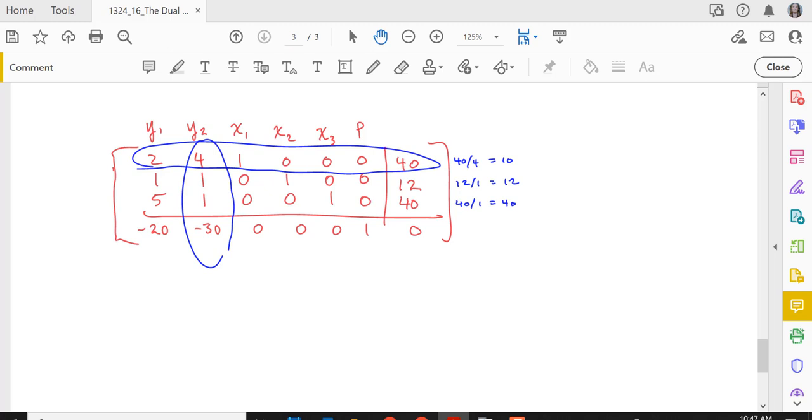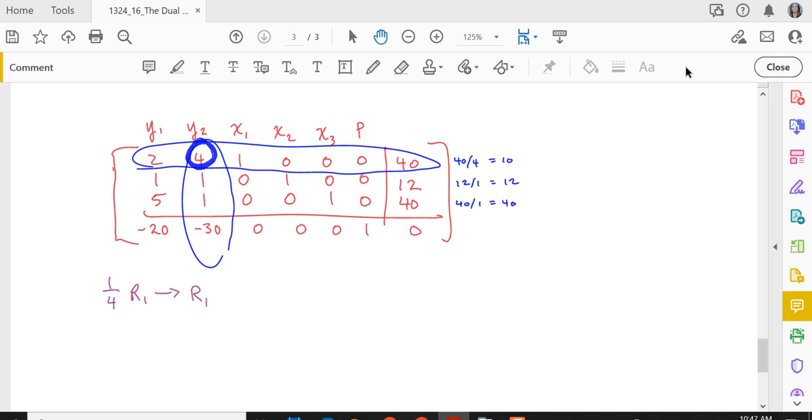If I ask you to identify the pivot, it is this number 4 in row 1, column 2. We good? All right, if you were solving this by hand, you would need to do 3 row operations. You would need to get that 4 to turn into a 1, so I would multiply row 1 by 1/4 and make it my new row 1. Then I would take that 1 and turn the 1s underneath it into zeros, and that negative 30 into a